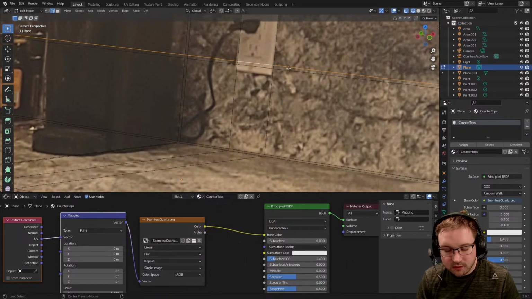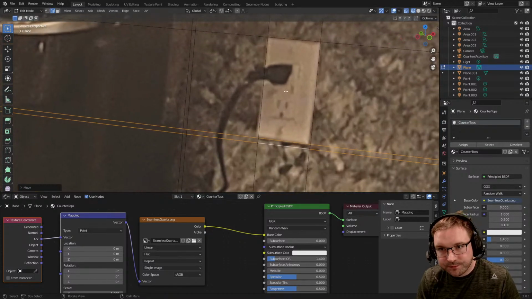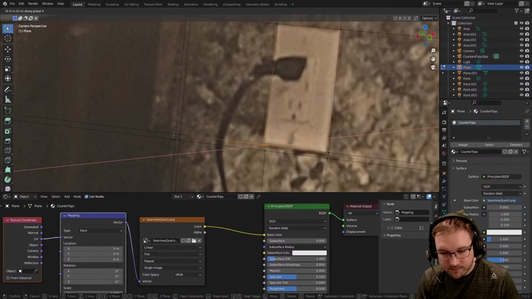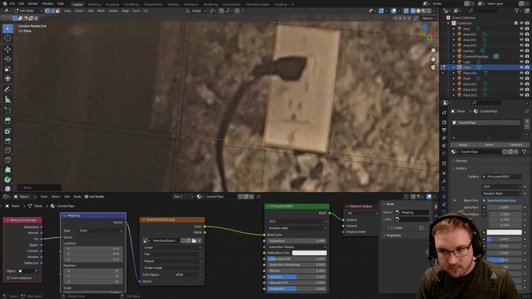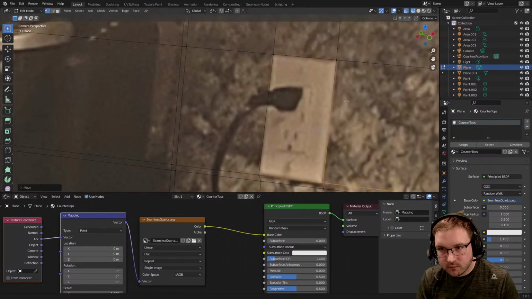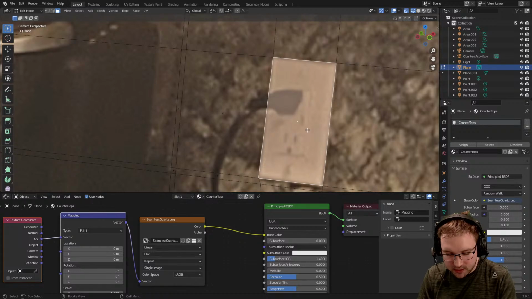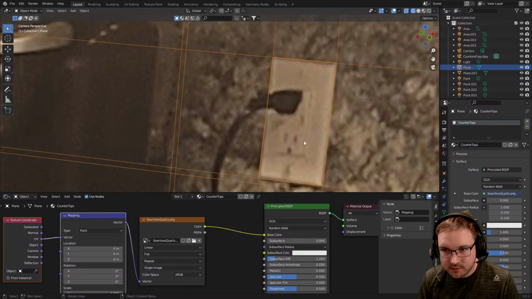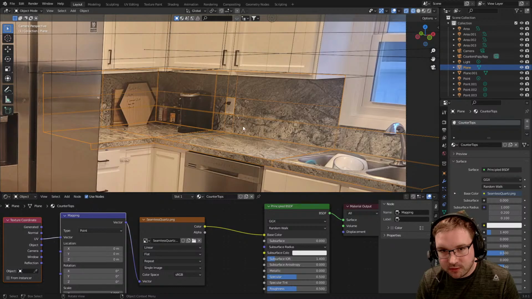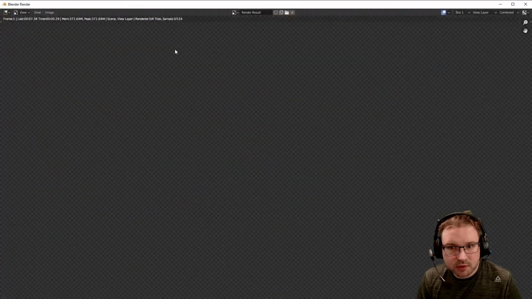What is this thing here? GZ, a little something like that. You know what I'm talking about? And then if we pop this sucker out, delete only faces. That's the only outlet that's in the picture. So now when we hit render, render image,